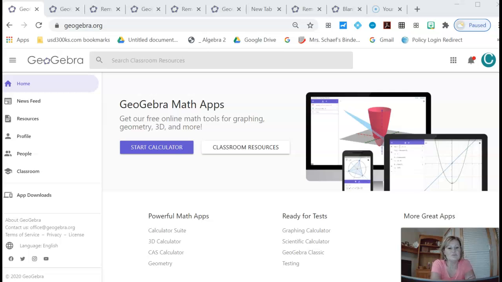But it is GeoGebra. And let me just start off by saying, if some of you are going, oh, I tried that before and didn't like it. Well, I've also done that. I have tried GeoGebra before, kind of felt it was a little bit difficult for me even to maneuver around, therefore I felt it wasn't something that the kids could use. Well, they've made a lot of changes,